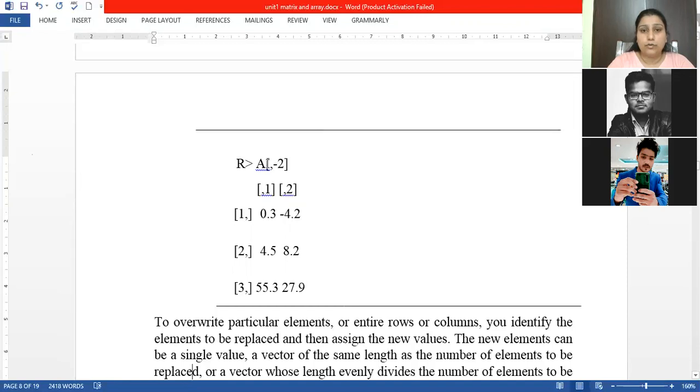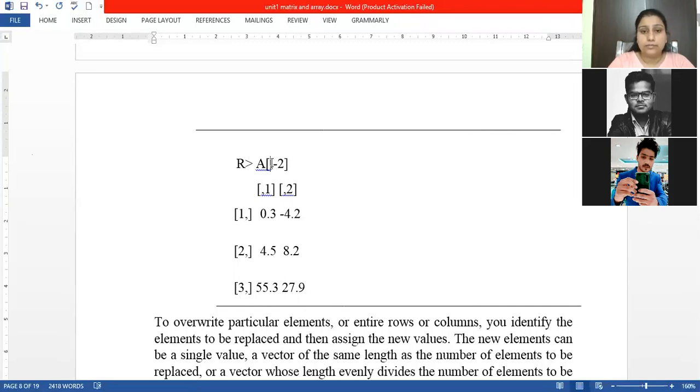Don't give any row value. Within the index, you just pass -2. It will delete the second column from the matrix. If you want to delete the first row from the matrix, just put -1 and a comma, and don't put any column. If you put index values in negative terms, it will delete whole rows and whole columns.